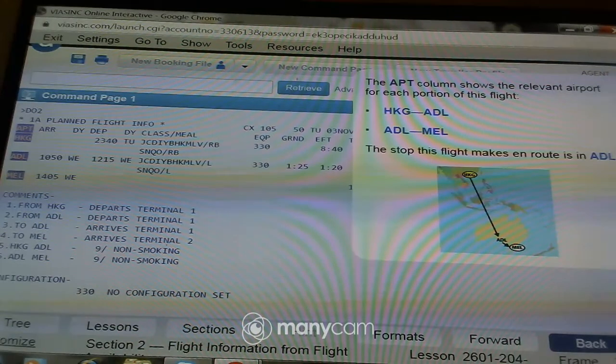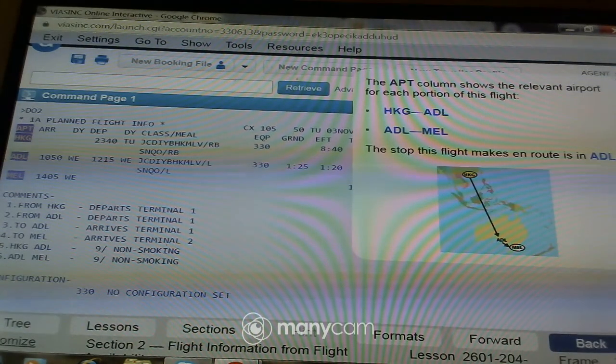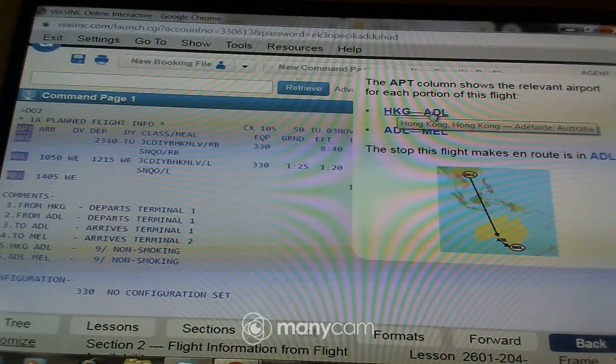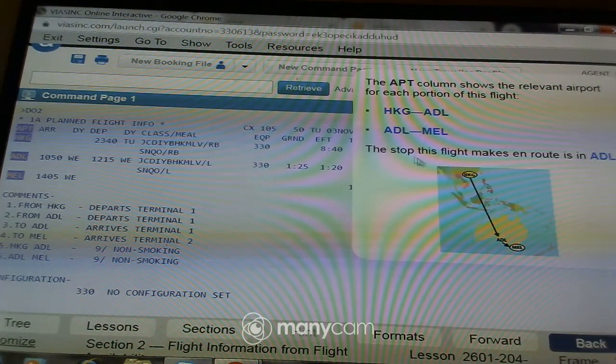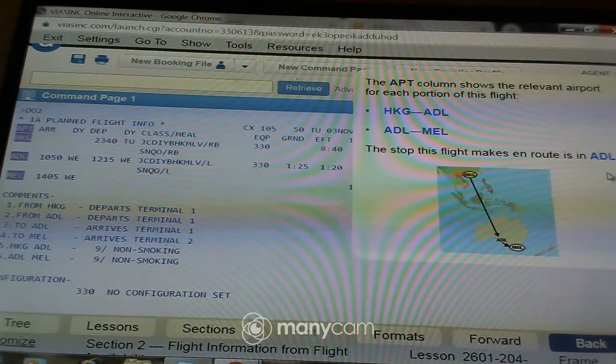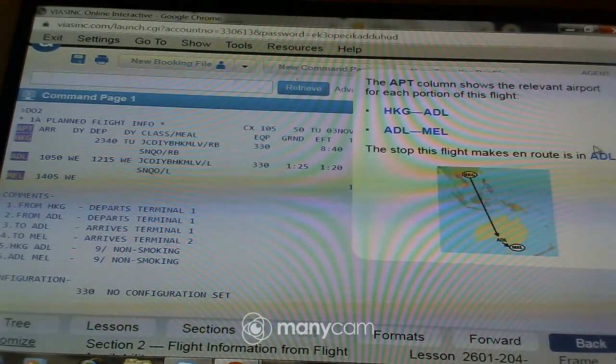So let us look at the explanation. The airport column shows the relevant airport for each portion of this flight. Here we have Hong Kong to Adelaide, then Adelaide to Melbourne. The stop this flight makes en route is in Adelaide, and then we have